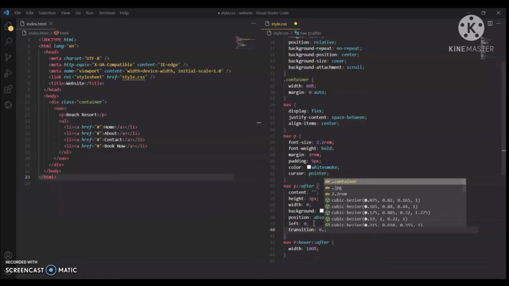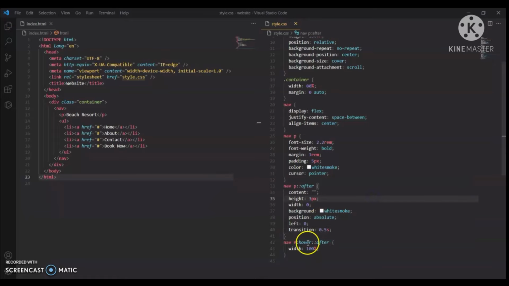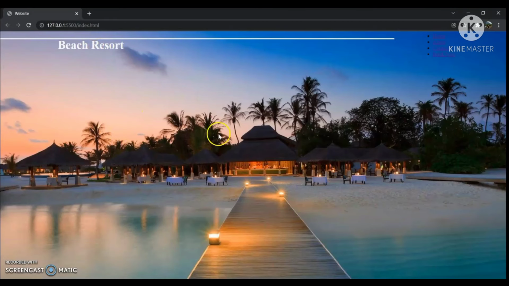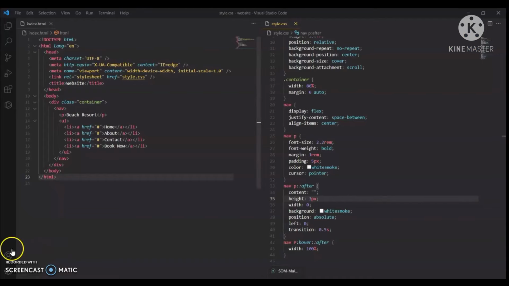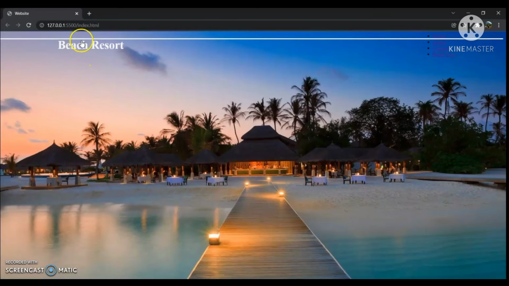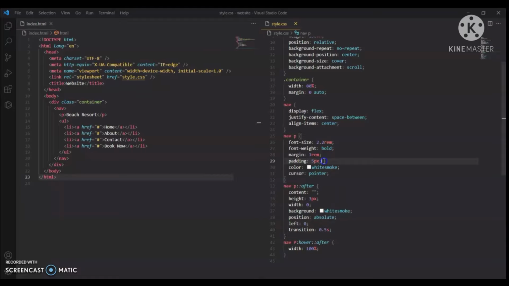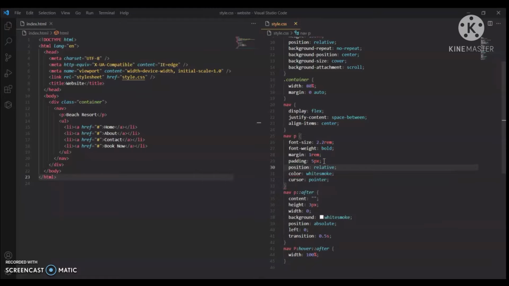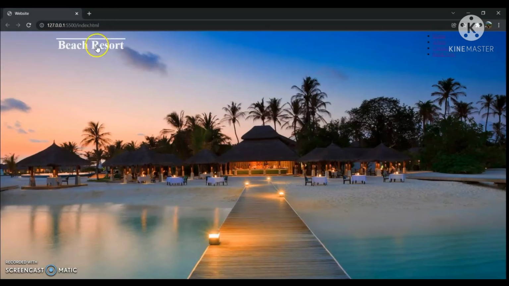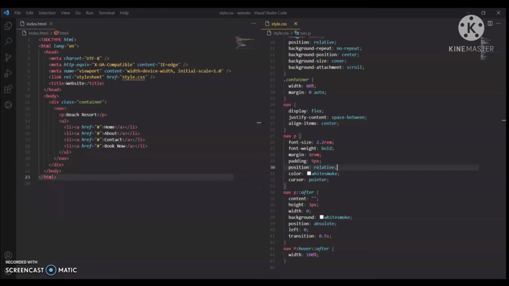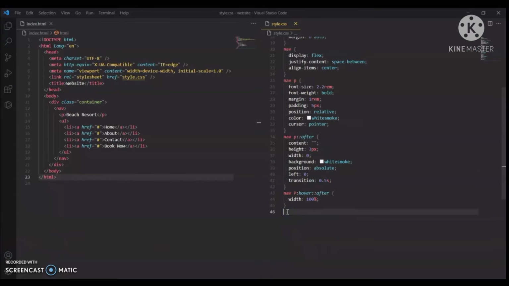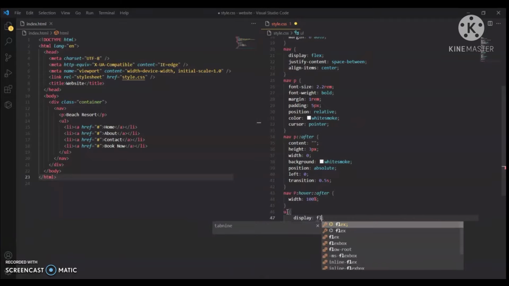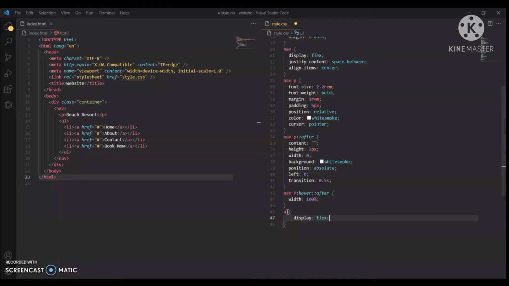Here we will delay the transition. If we didn't give position relative to the upper component, then the position absolute will consider the whole body, and if we give position relative, it will be limited to that particular object or element.